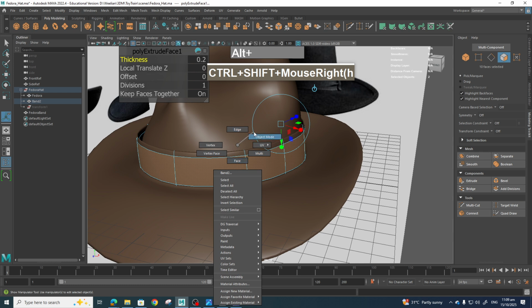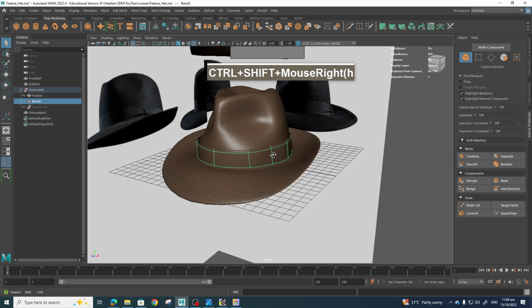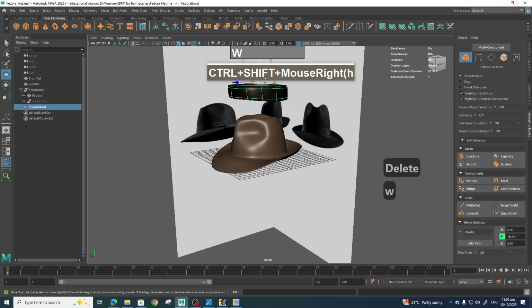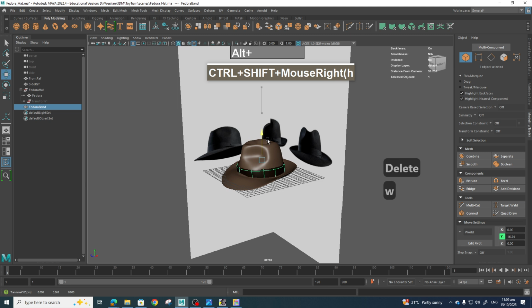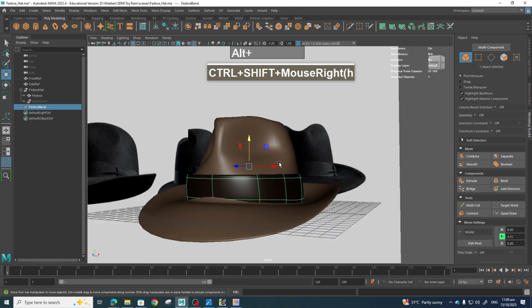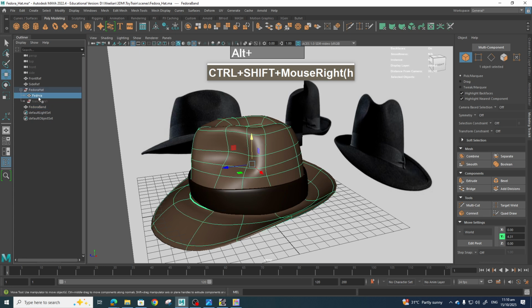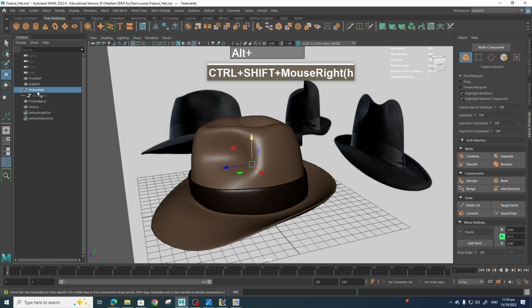You can go back to object mode, and we can assign this a different color. Since I already created my band, I don't need this band. I'm going to delete this. I got my original band that I created, so I'm just going to put it back on top of this hat. So I'm going to parent this Fedora band to the hat. But every time you do a duplicate, you will create this group relationship. So I'm going to get the Fedora hat in the outliner, middle mouse click, and grab it out from the relationship. Then I don't need this group anymore. I can delete this,